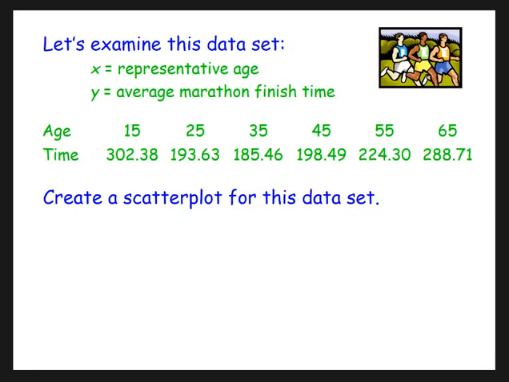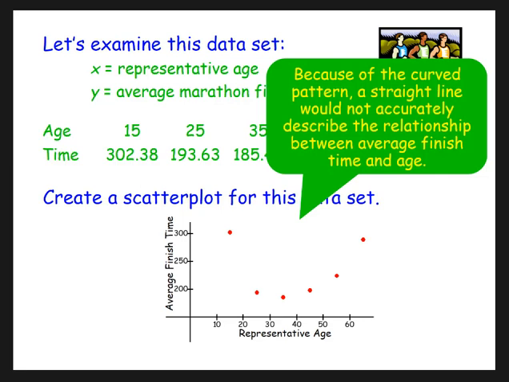So here we have a set of data that represents the age and the average marathon finish time. Let's do a scatter plot. Now, somebody in here is really young and had a very poor time. But you can see, as age goes on,